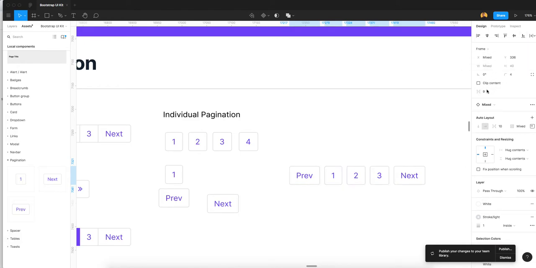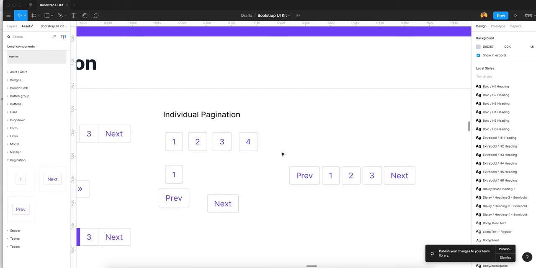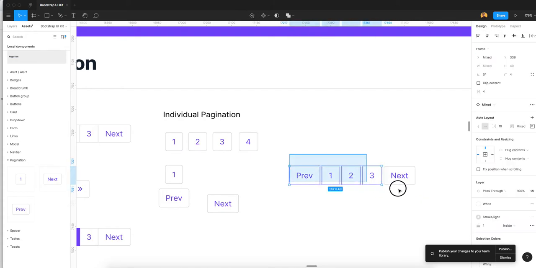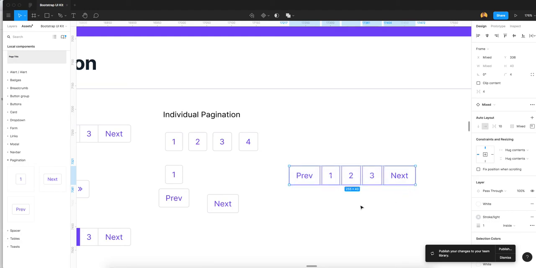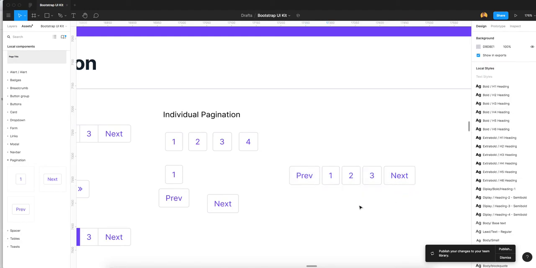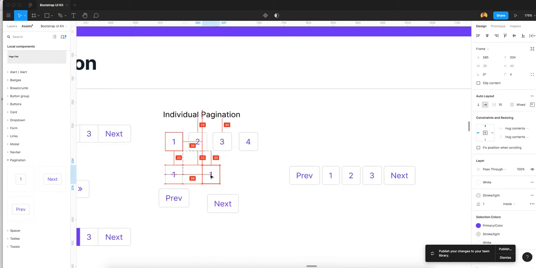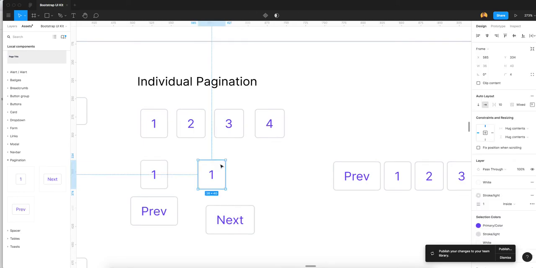You will click and we can set the space between equal to 8 pixel, as you want. Now we have one of this example as an individual pagination. Now if you want to show active, from this I am going to create one pagination as active.